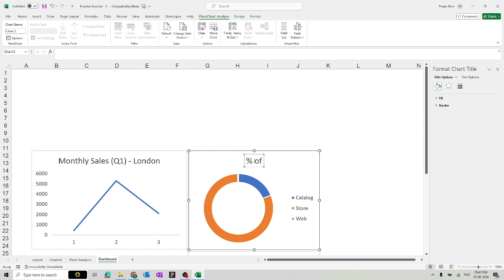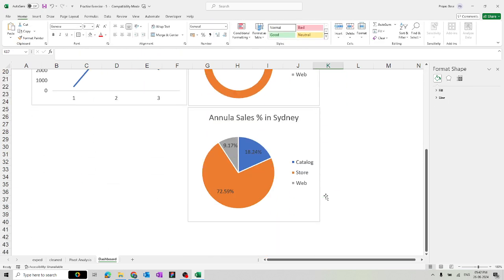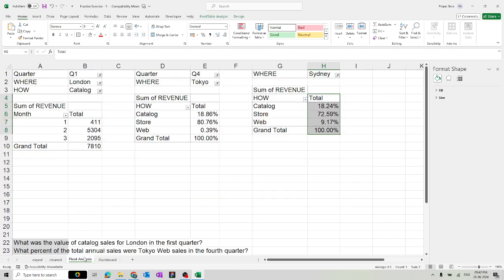Yeah. So this is percentage of annual sales in Tokyo, right? You can add the data labels also over here. I don't think the data labels is available for this chart. Okay. So this is done. The 3 part is done. So next is